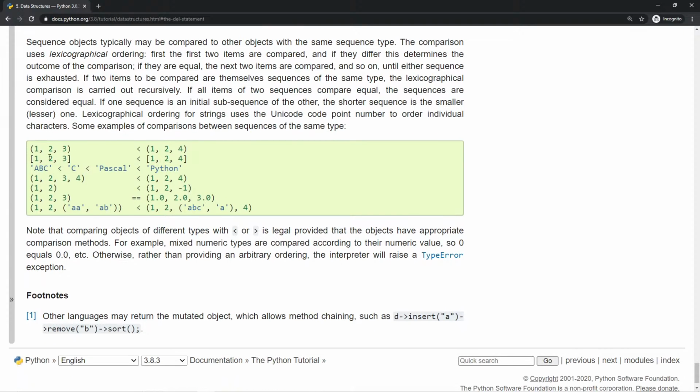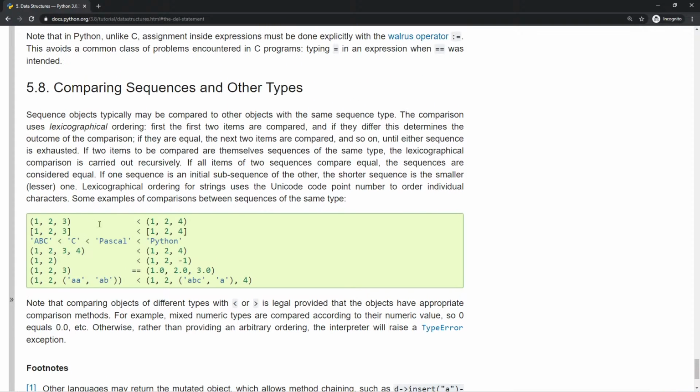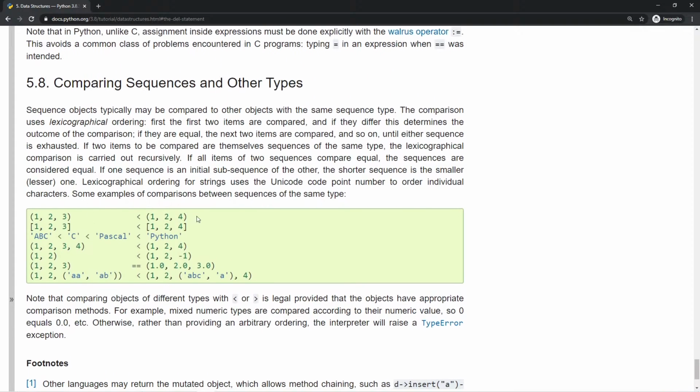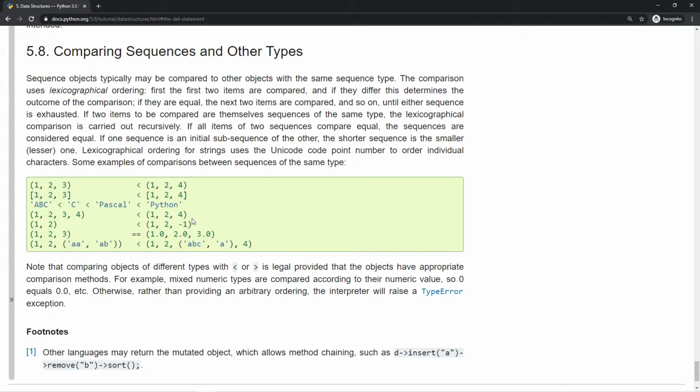All right, let me just see what they mean here. So we have 1, 2, 3 less than 1, 2, 4. 1, 2, 3 less than 1, 2, 4. ABC less than C less than Pascal less than Python. Okay. So I believe what this is trying to say, and maybe I'm wrong, I'm going to have to read further into this,